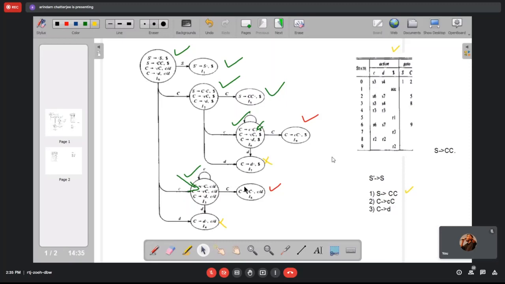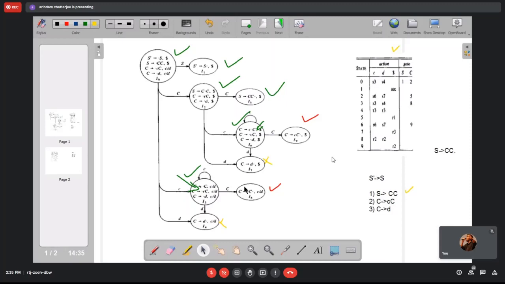Why not use it? For example, if you look at state 5, there is an item where the dot is at the end, like S producing CC dot. Of course, at state 5 we need to call for a reduction. For what symbols? As you can see, for the look ahead item symbol which is already there, and that is dollar.